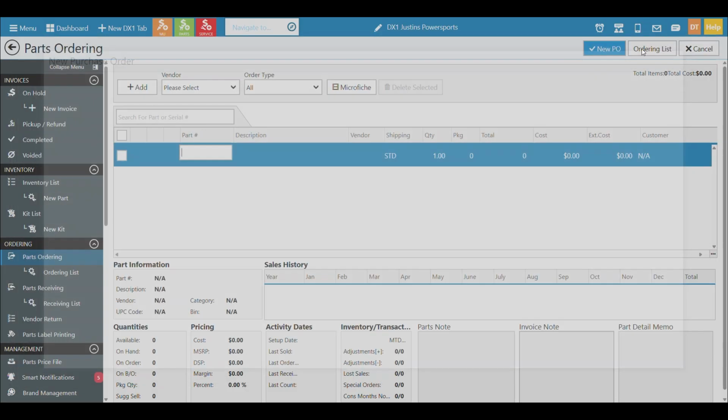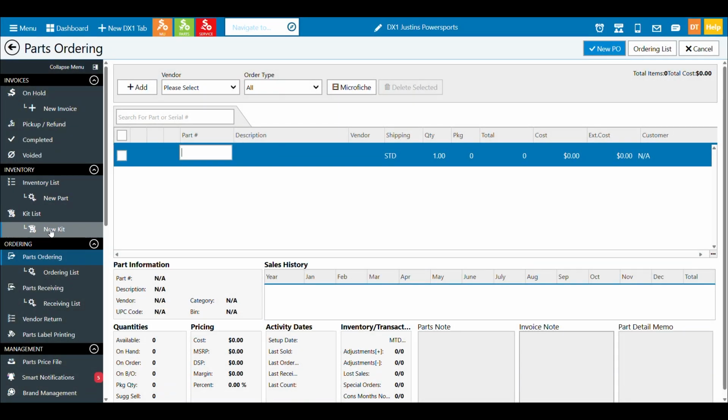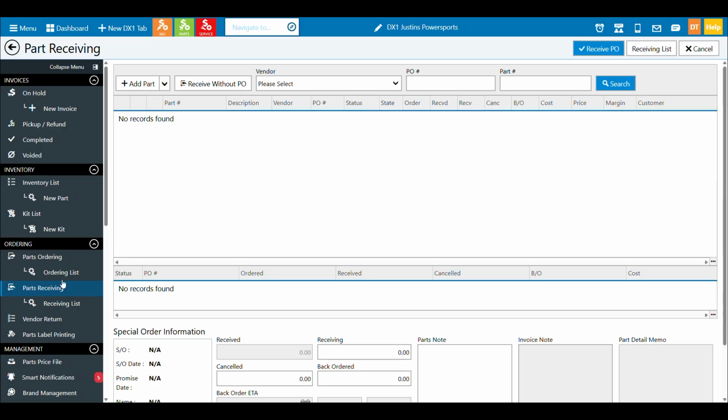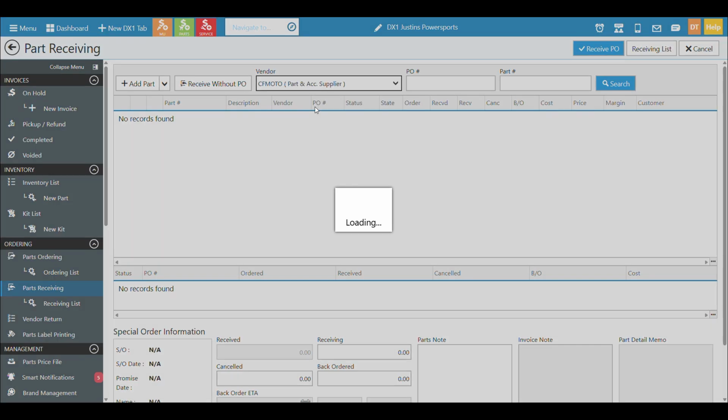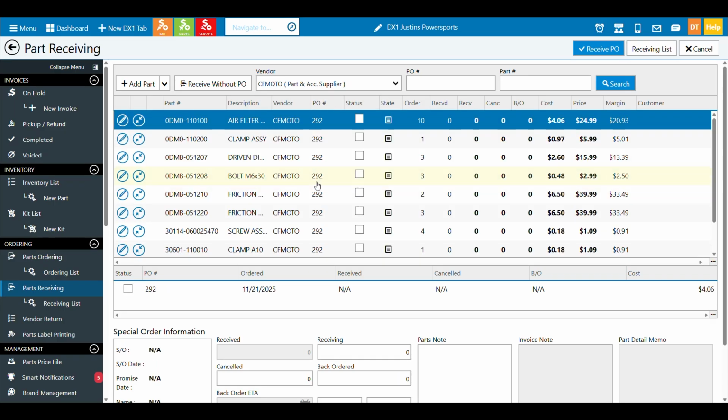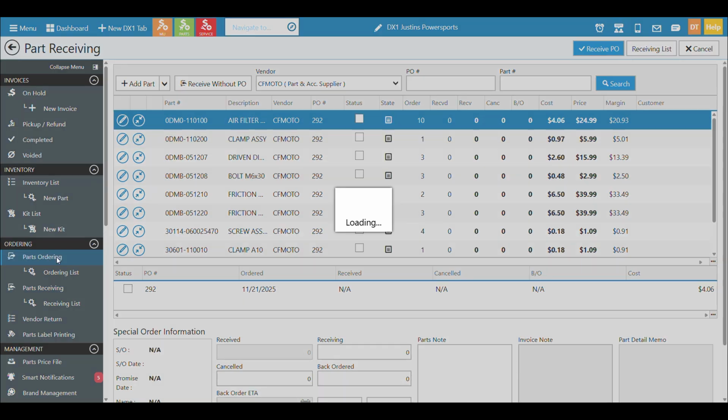So that'll create the PO in my system. Just to reaffirm the process if it's new to you, it's now created a PO in the system for CF Moto. So when the parts show up in a box, we have a link and we know why these are getting here and what they should do. In this case, it would go to the receiving screen.